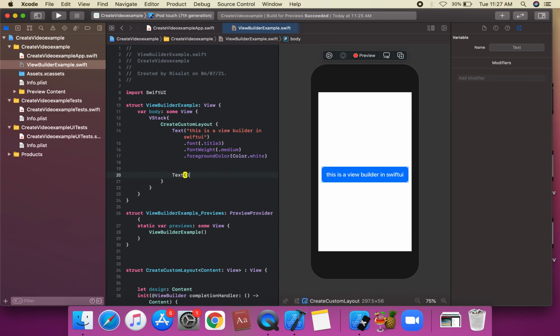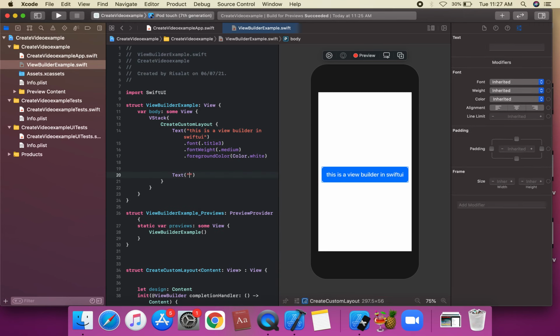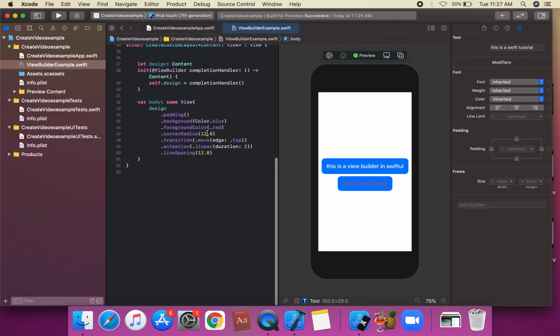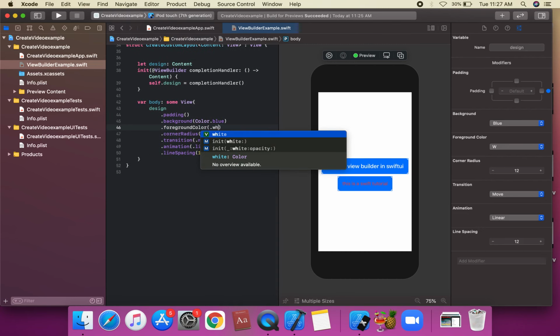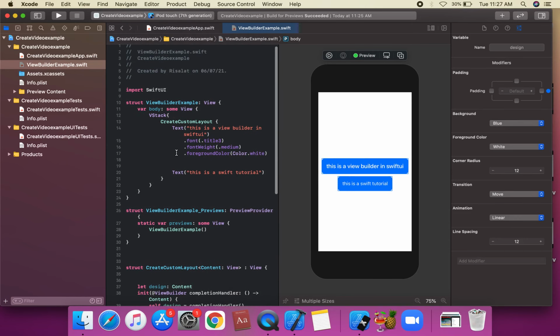Okay, another text, this is a Swift tutorial. Okay, we can apply this Swift tutorial, we can access this constant, suppose this is the example, we can check the white color, we can write our custom color, remove these colors,